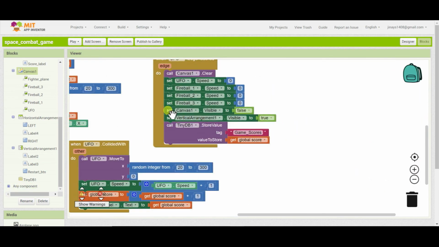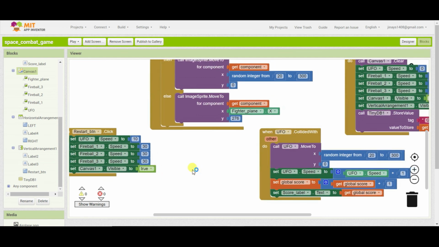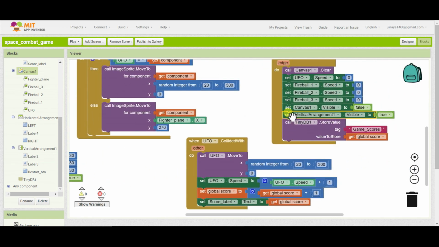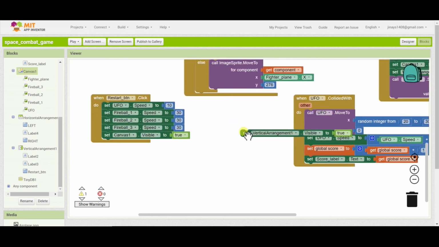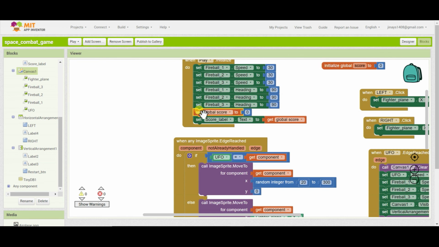So here I'll copy this block and I will make the vertical arrangement visible to false. I will set the global score to 0 and the score label dot text to get global score.